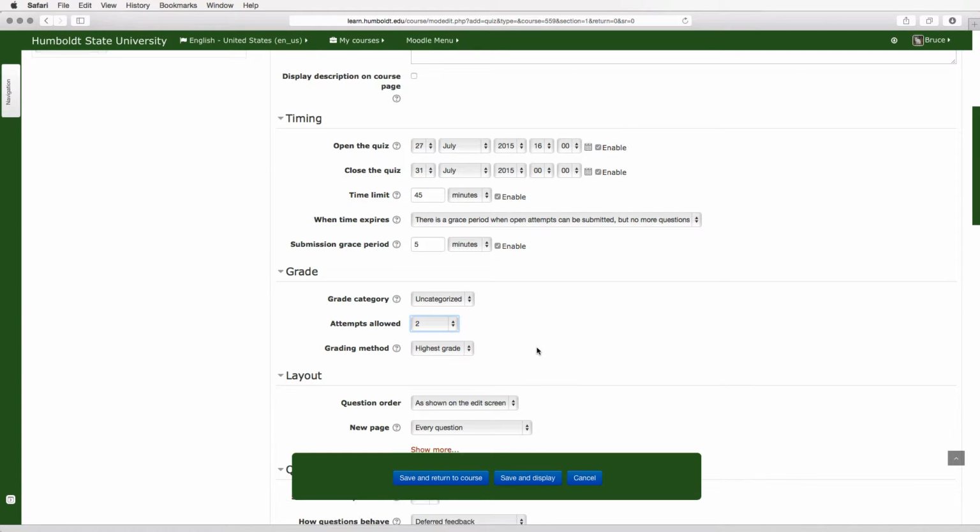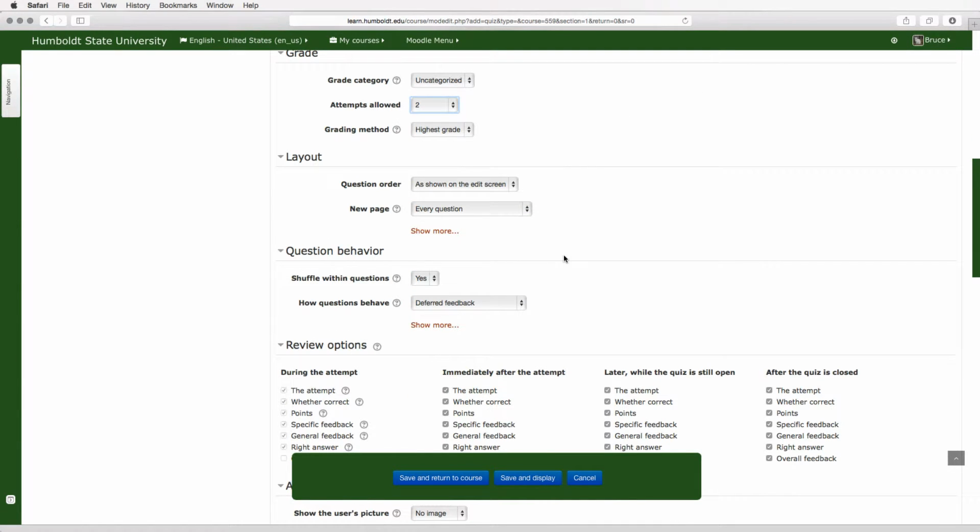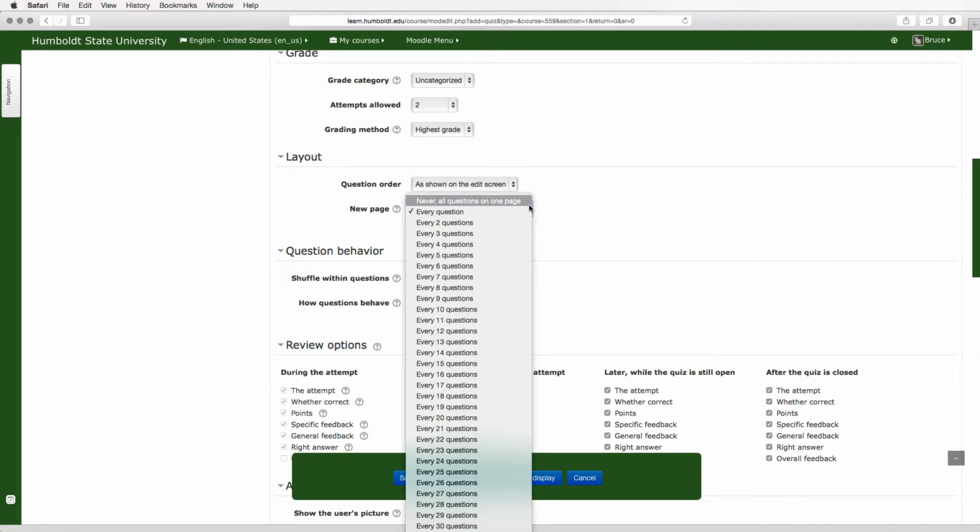The layout question order is going to either be shown on the screen or shuffled randomly. This gives you an opportunity to mix the quiz up, and there's another area which you will also need to specify random questions, but this helps you make it effective. And new page. I like to say a new page every 2 questions.